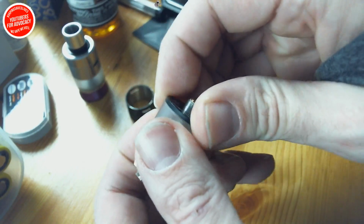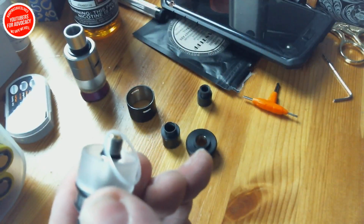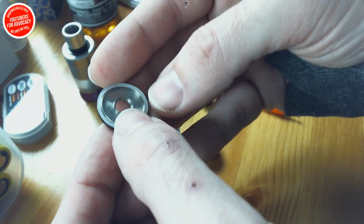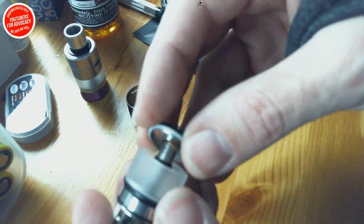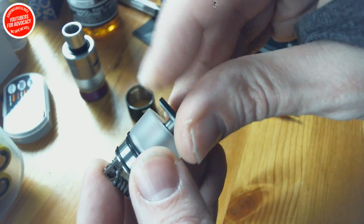Now, this bottom just unscrews. And look at the machining. How awesome is that? Are you stoked or what? That is so killer. The machining is so good. I haven't felt machining like that since my Earl Grey Konigan, and I am not kidding with you. It felt just like this